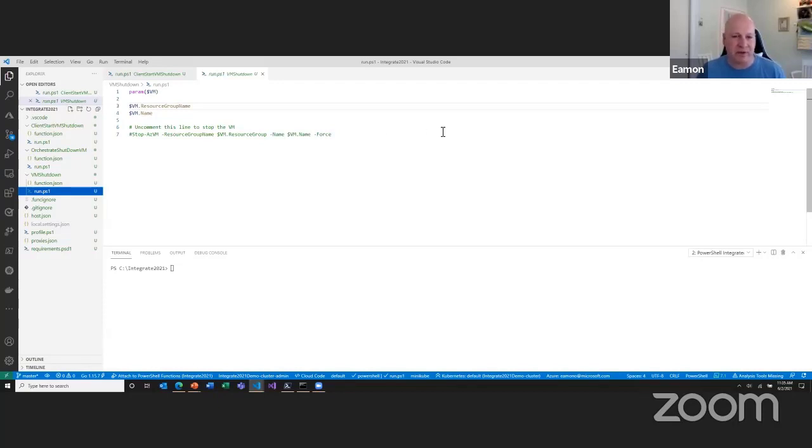And so those are the three main concepts you have to have when you're doing Durable. One is, how is the orchestration going to get kicked off? So is there a client that's going to be created to kick off the orchestration? And then here's the orchestration, and then the activities the orchestration is going to call is VM shutdown, or whatever scenario you're trying to solve.